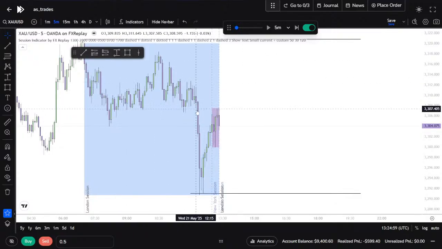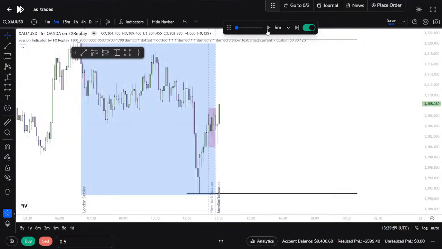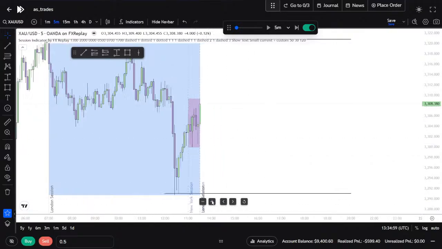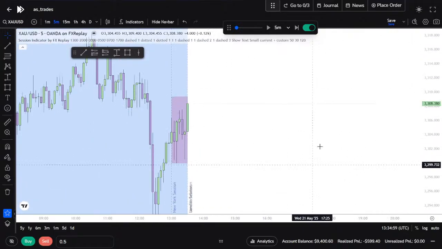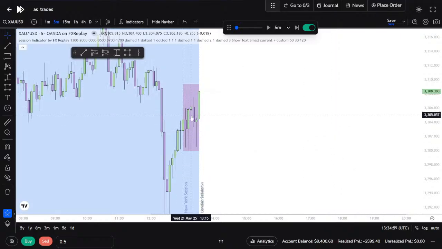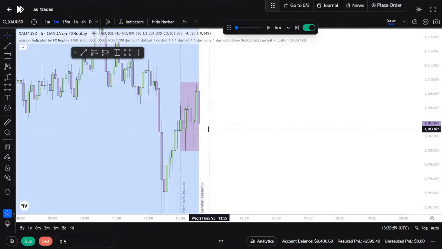So first of all, fair value gap there, it's been respected. Fair value gap here has been inversed. So right now, prediction is it's gonna go down, hit into this fair value gap, go up. Retracement. That's exactly what happened. Gosh. I said it right here. It's gonna tap into this fair value gap and go up. But now we've got to see if it still respects this fair value gap or not. There you go, it does.